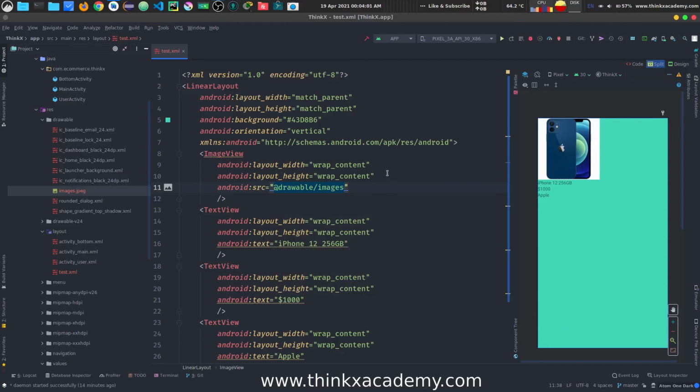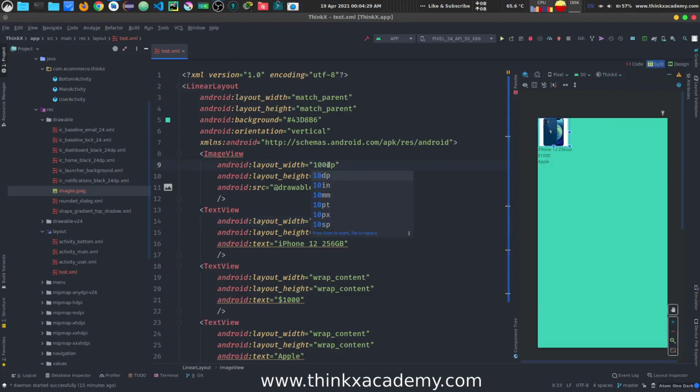with the original dimensions. Since it is a big image, I just want to make it smaller, right? So I'm going to specify some other width and height. If I want a square image, I can make the height and width equal. So let's take 90 dp as the width, and height is also 90 dp, right? So now you can see this is our actual view. So let's make it 100 so that it will be a little bit bigger. All right, so now we have this linear layout, and you can see all the elements are arranged in this fashion.